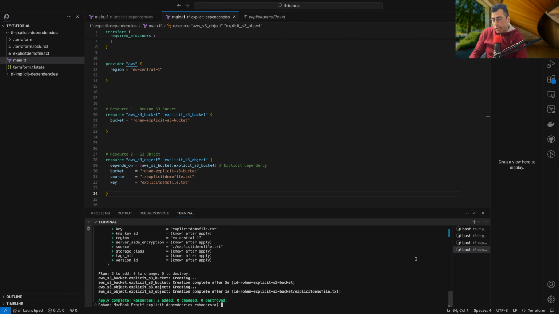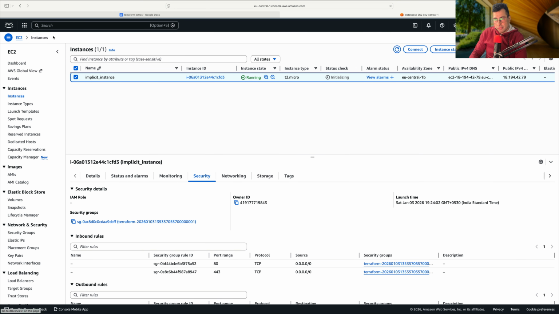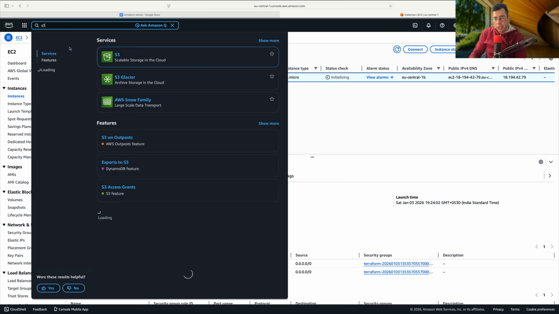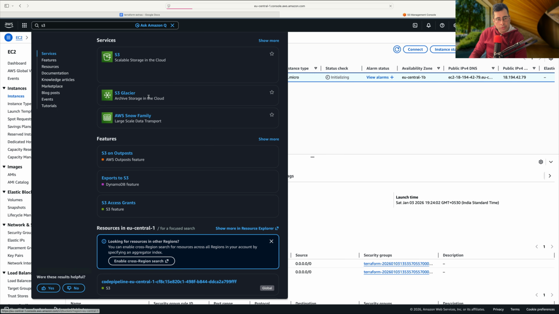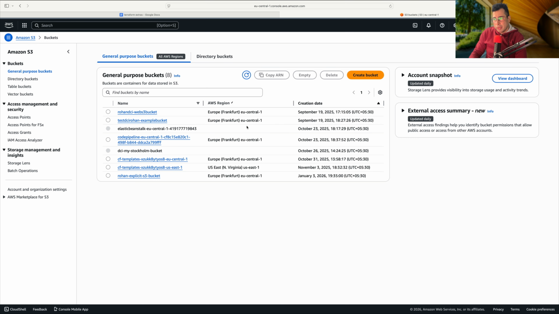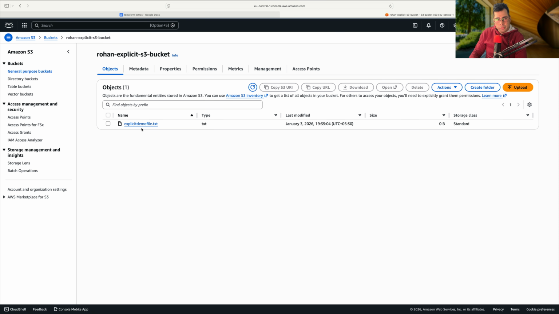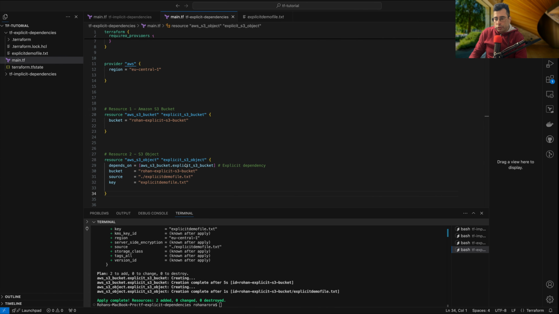Okay. So let's go and verify whether these things have come into effect or not. So let's go to S3, and I go to the buckets right now to see the list of buckets. Let's sort by the creation date. And yes, you can see that this bucket is formed. And this is the object with the key name that's being displayed over there. Fine. So to cut the story short,